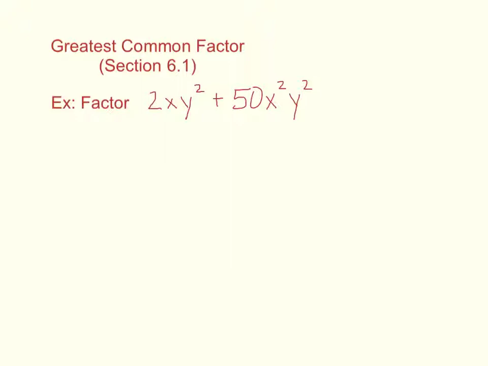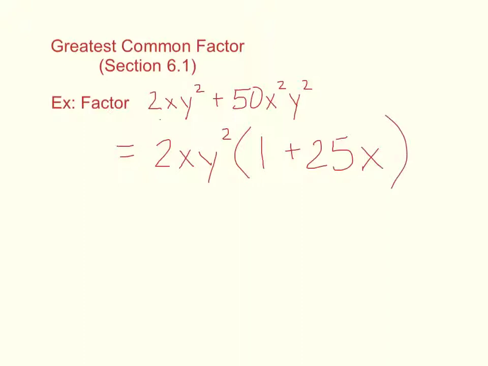So the simplified polynomial will become the factored form of itself by factoring out a 2xy squared, which leaves me 2xy squared times what will give me the 2xy squared in the first term, and that'll be 1 plus 2 times 25 will give me the 50, and x times x will give me x squared, and the y squared's already in that first term there. So now I've got